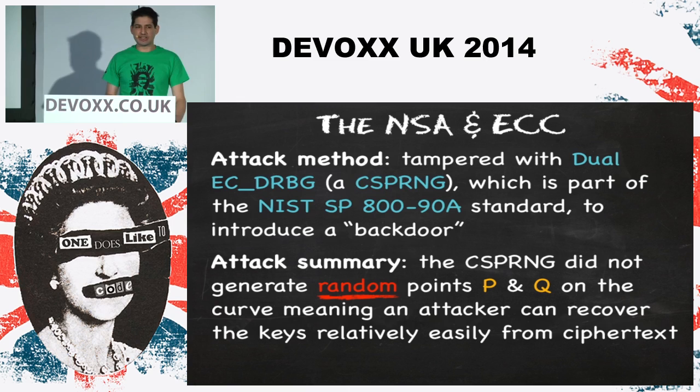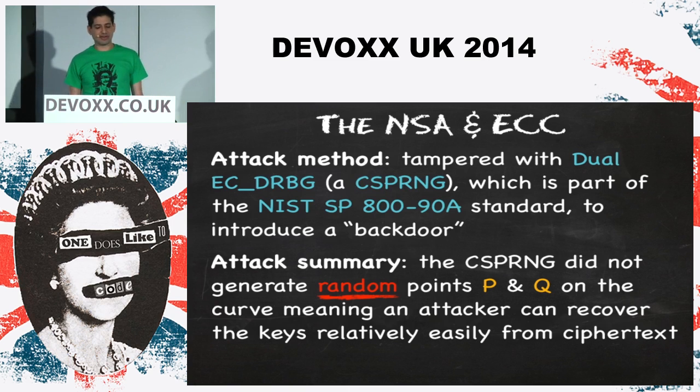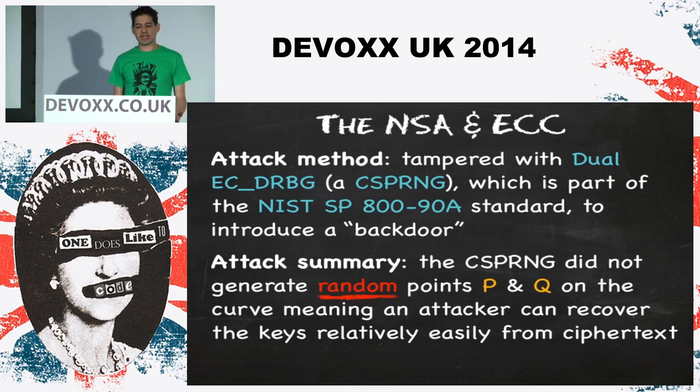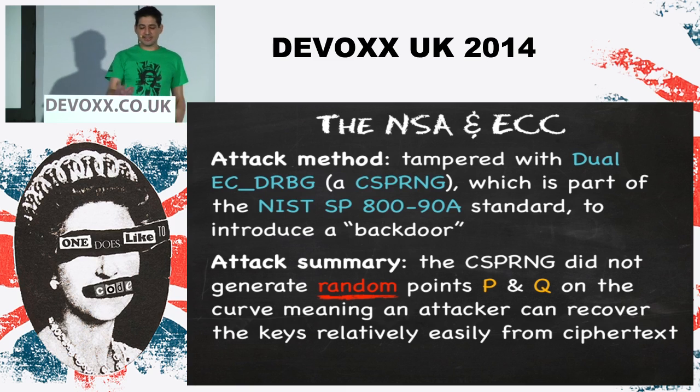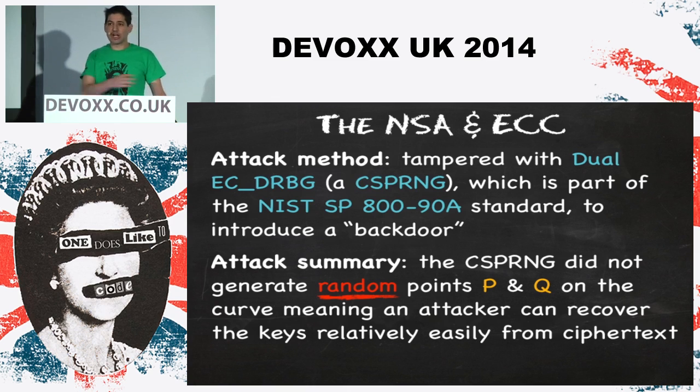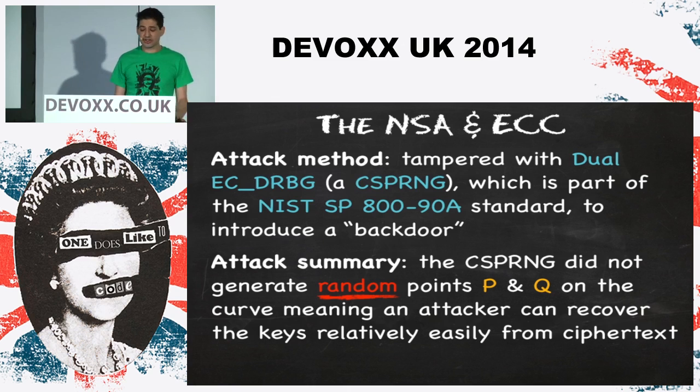But we've heard about this earlier. I mentioned that with the NSA and NIST, there was a bit of mistrust earlier in the year about ECC and the NSA. What actually happened was that this Dual EC DRBG thing, it's a secure random number generator. Basically, we're not entirely sure what they did to it. But there has been some modification that allows it to be less random than it should be, and hence, having a random number generator not be random is kind of a big problem in a security algorithm. So shun that one, just ignore it. It doesn't invalidate all the other security in ECC, it's just that particular one.